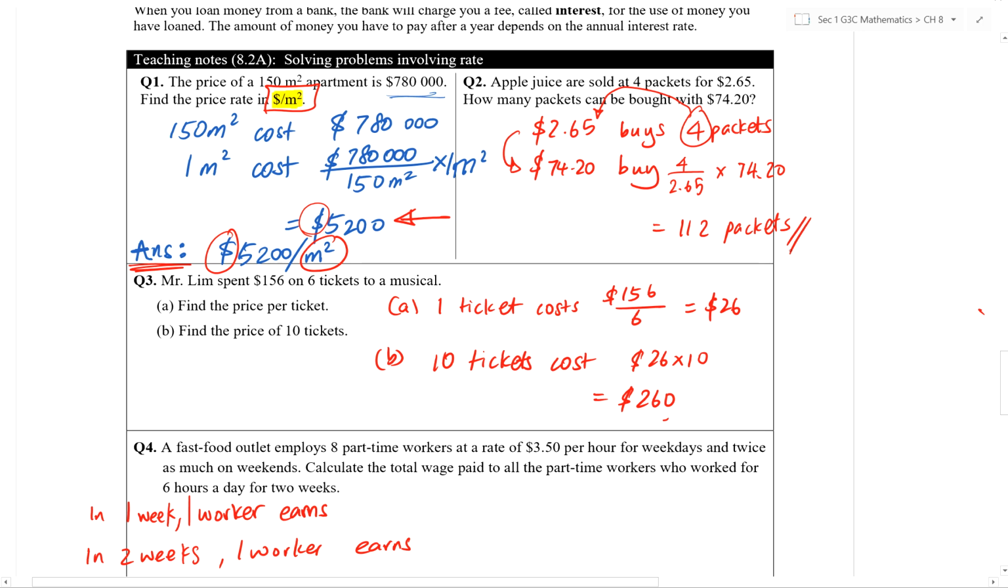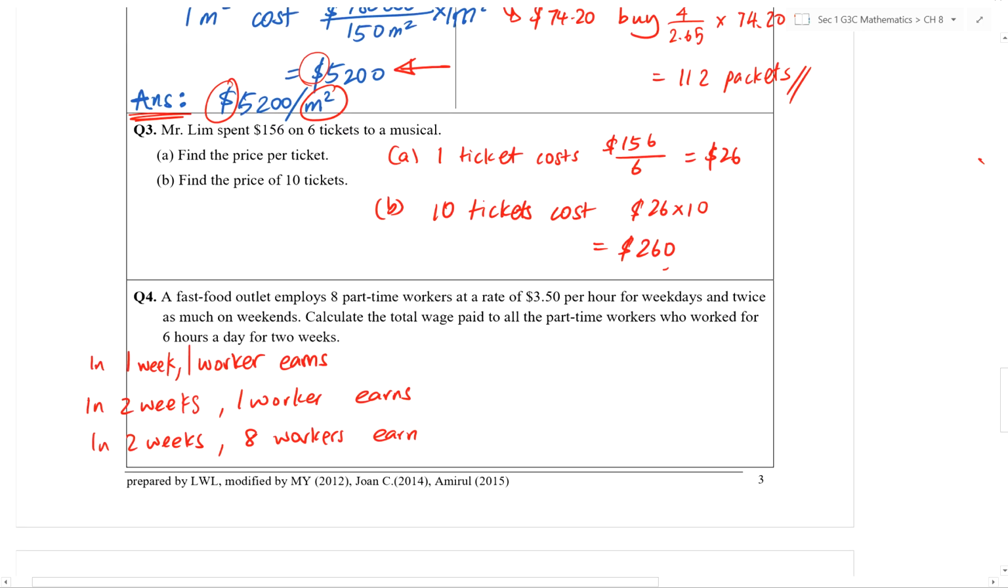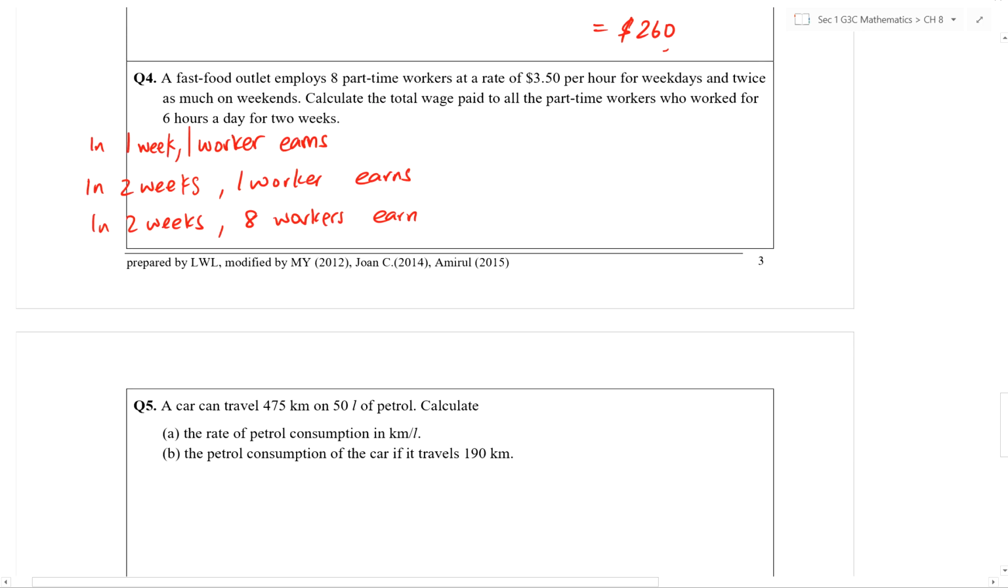Now question 3, I will not go through it. Question 4, things get a little more complicated, but we have to try and break down the question. So there are 8 part-time workers. All of them are paid $3.50 per hour for weekdays. So there are 5 weekdays